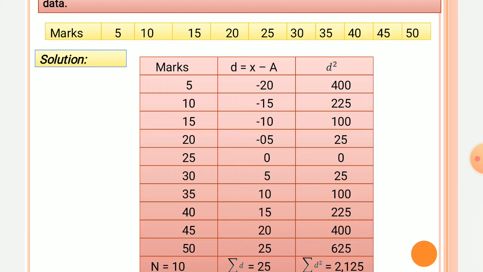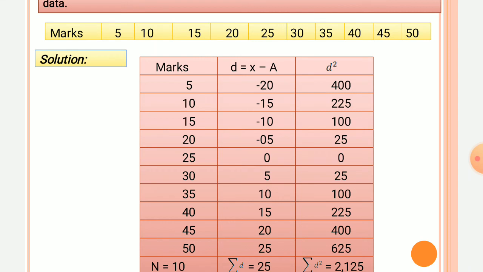5 minus 25 is minus 20. 10 minus 25 is minus 15. 15 minus 25 is minus 10. 20 minus 25 is minus 5. 25 minus 25 is 0. 30 minus 25 is plus 5. 35 minus 25 is plus 10. 40 minus 25 is 15. 45 minus 25 is 20, and 50 minus 25 is 25. Therefore d is